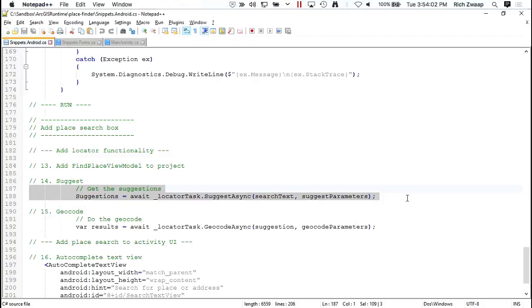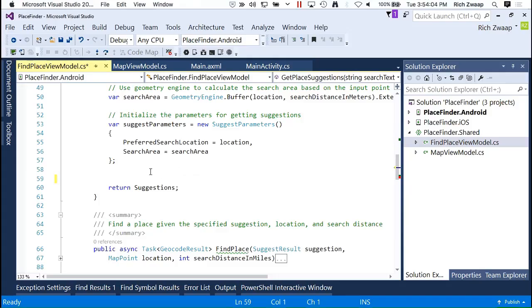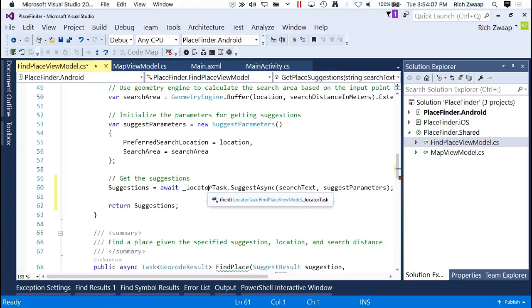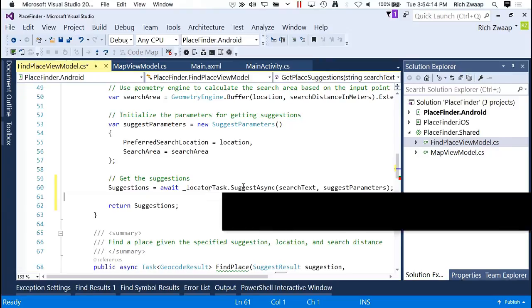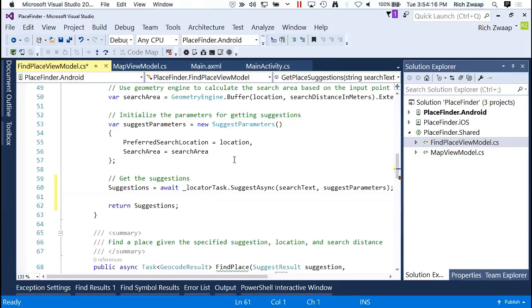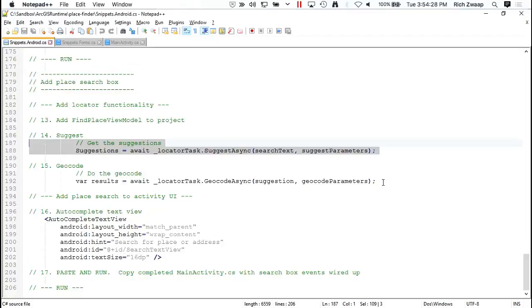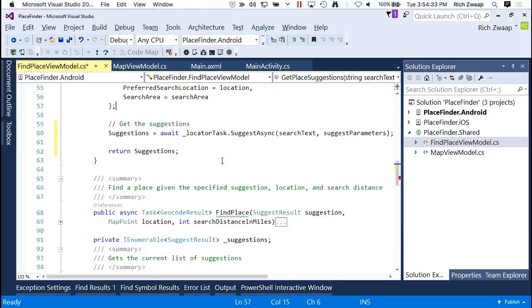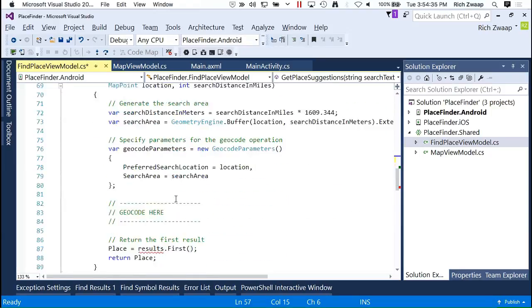So let me just grab a little code snippet here. And this is off of the locator task. If you've done runtime .NET development, you're already familiar with the locator task, same object, but now we have a new method called suggest async. That's going to take my search text as well as the proximity within which I want to get suggestions for. And then as far as searching for a place,